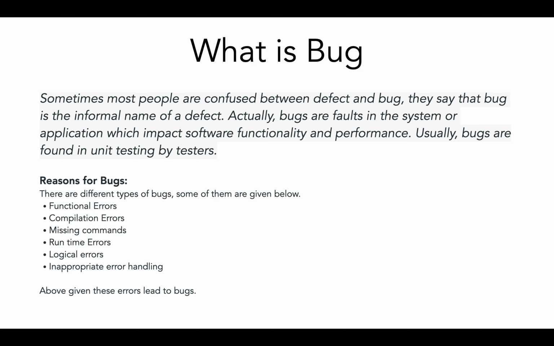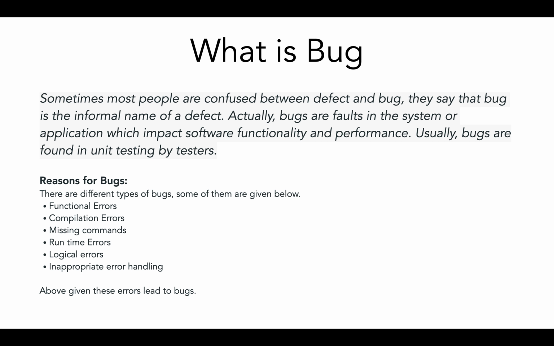First we'll understand what exactly a bug is. I think mostly we are very much confused about the difference between a defect and a bug. Maybe people say the informal or formal name of bugs and defects are the same thing. People assume that. So actually, what is a bug? A bug is a fault in our system, in our application or software,